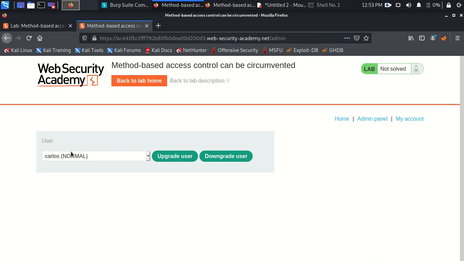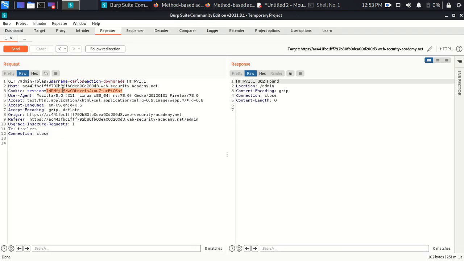It means we can change the role of the user by changing the method of the request. Now we need to make ourselves an administrator, so we need to put here not Carlos, but winner. Okay, and we need to make upgrade, right?